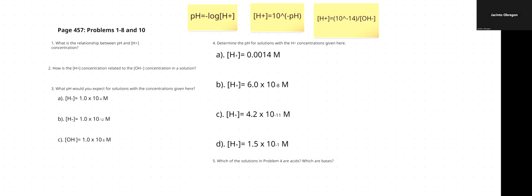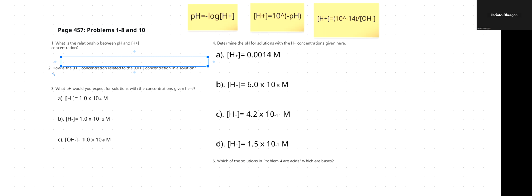So we'll begin with number 1. What is the relationship between the pH and the H plus concentration? So we know that pH and H plus share a logarithmic relationship. A 1 point increase in pH is a 10-fold decrease in